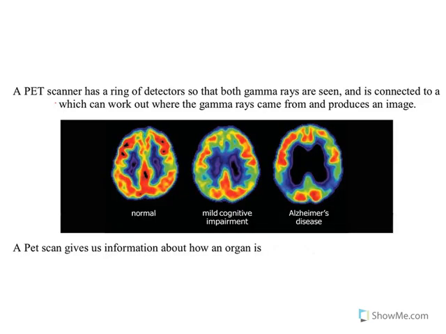processes that information, and what we get is a different kind of image. So here's the kind of image that we would get from a PET. So this one is of the brain. So what it's actually showing us here is the functioning. So it shows us how the organ is functioning,